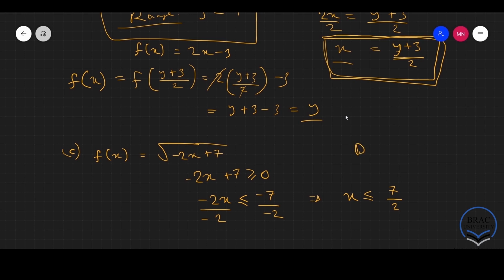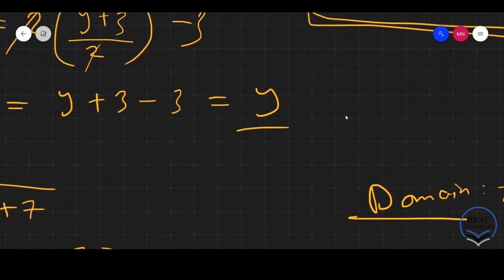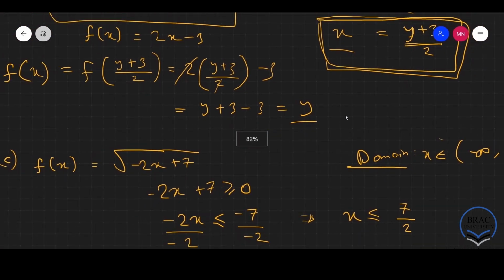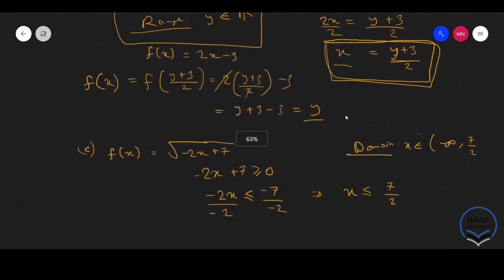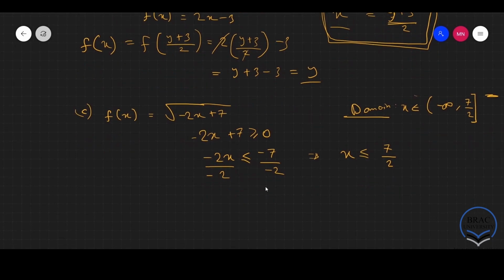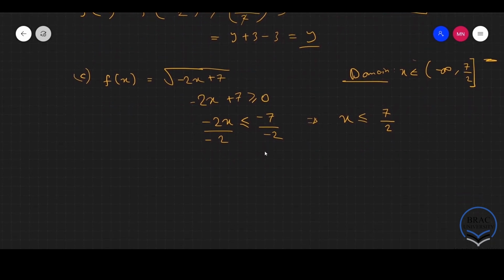So the domain for this function will be x belongs to the interval from minus infinity all the way up to 7 by 2, and 7 by 2 is included. So we use a box bracket or a square bracket. So that's our domain. And if we were to find the range,